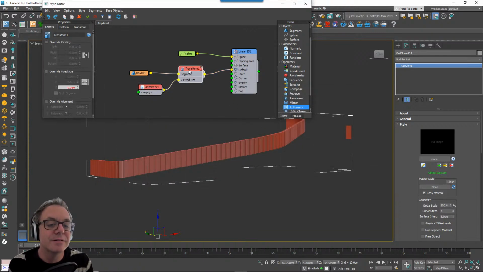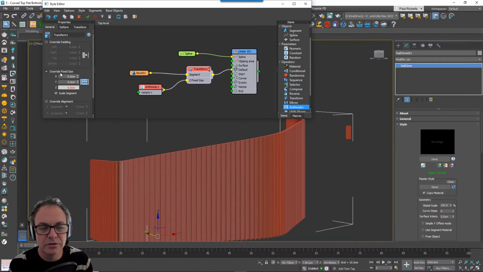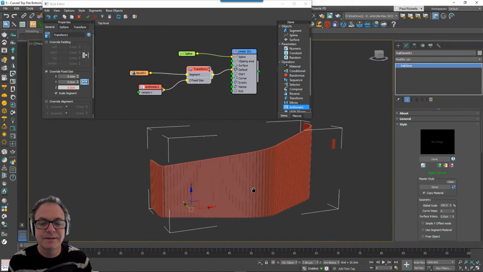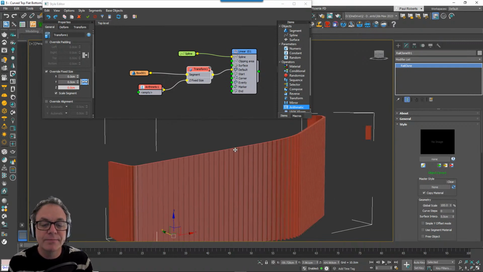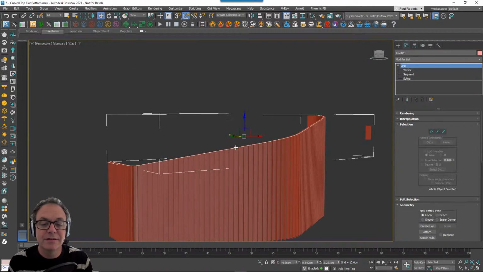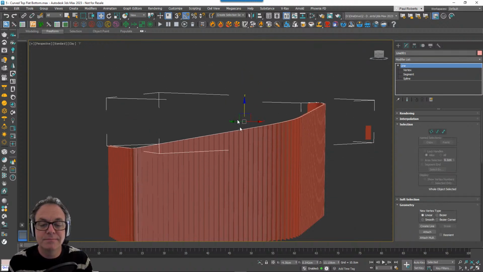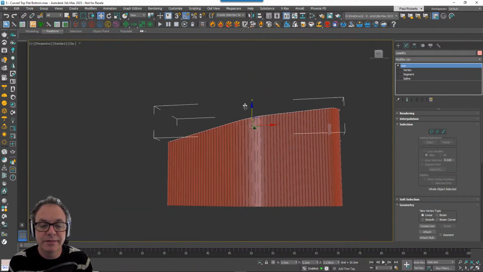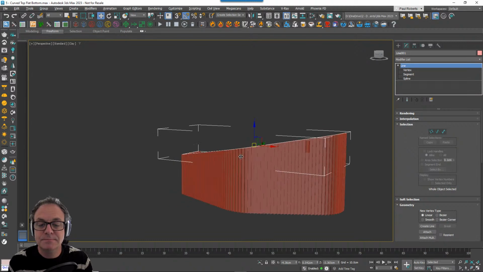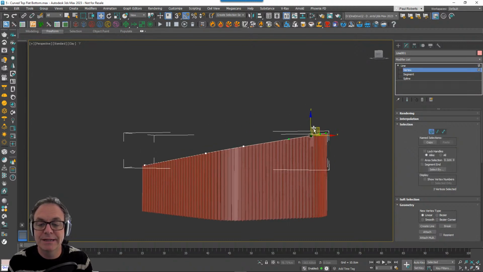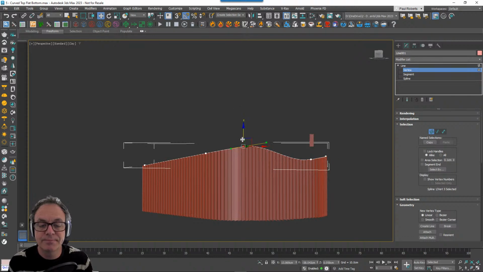Why is that? It's because I haven't turned it on. So if I go into the transform node, I need to turn on override fixed size, or nothing's going to happen. So that's kind of working, and you should see now that if I grab this spline and move it up and down, then the thing is scaling to fit the spline. I could also change the shape of it completely, and it will all kind of work as you'd imagine.